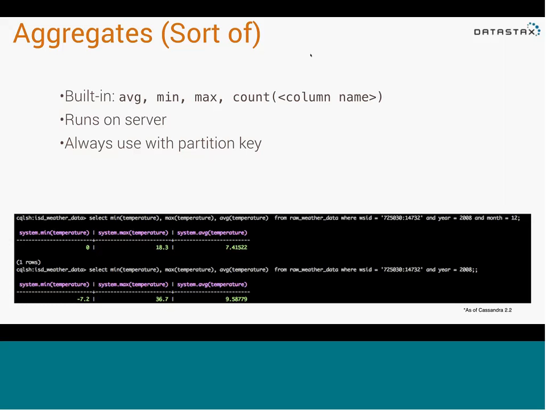Now, what we've known already is that partition keys create their own grouping of data. And that's how you gather data together, using the clustering column for ordering. But you get a group by and order by using a partition key and clustering column. So this is why the warning here, if you look at the example, I'm grabbing that raw weather data table. I have an example where I'm doing the min, max, and average temperature for one weather station, so one partition key,